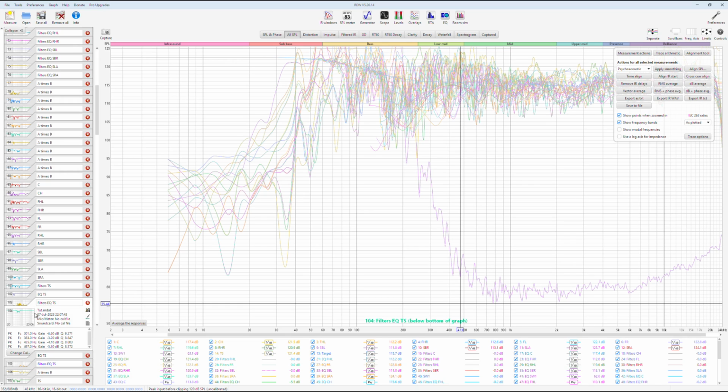They belong to different bands. This is between 200 and 500: frequency, gain, and Q. And the first one is between 0 and 200: frequency, gain, and Q. So you can manually enter all these filters to Multi-EQ X and basically apply the same correction. You will need to export Odyssey measurements to REW to be able to apply cross correlation align and vector averaging. Then you will get similar results from Multi-EQ X as well.